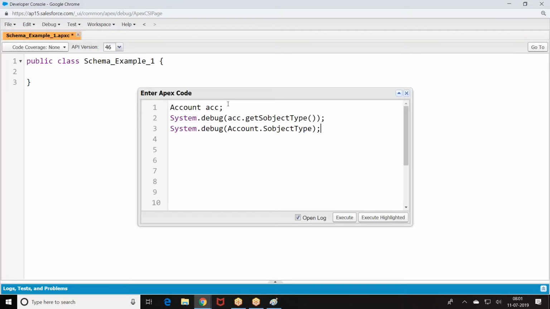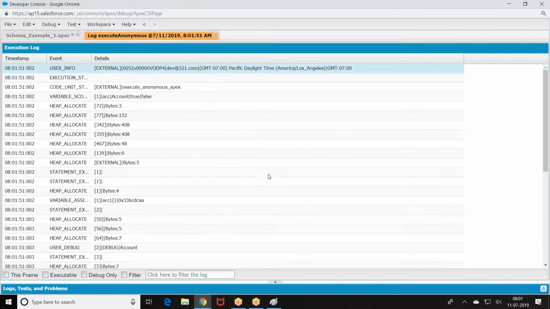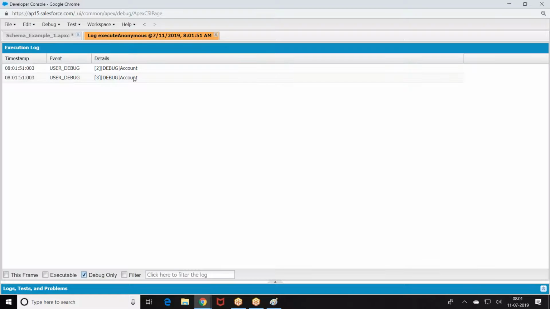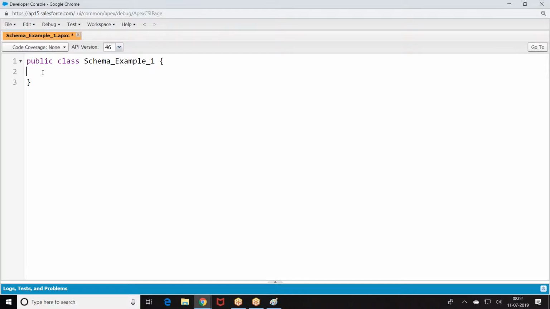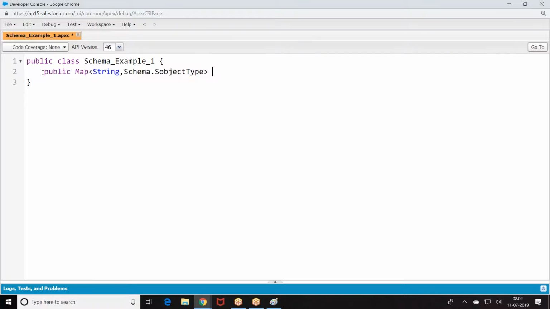Execute. This is how we got it. They're referring to the table called Account. So we want to know which object it was referring to. So first let us see. Public Map of String comma Schema.SObjectType. Schema.SObjectType means it will tell which type of object we are referring to.